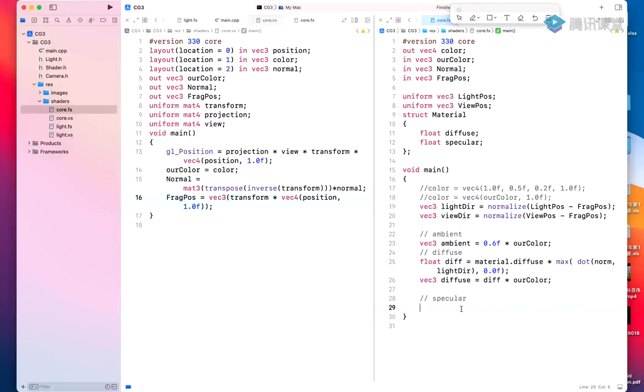And finally, let's have the specular. To calculate specular, we need one more variable, which is called half angle. This can be calculated from what we have, which is the normalized view direction plus light direction. This is half angle. And then we can calculate the specular,